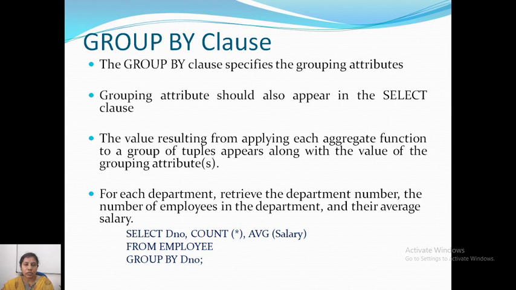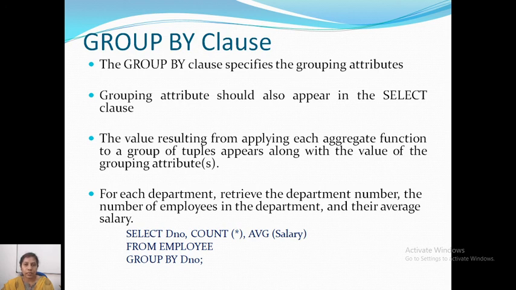The grouping attribute should also appear in the select clause. When you use the grouping clause, such attributes must be included in your select clause.